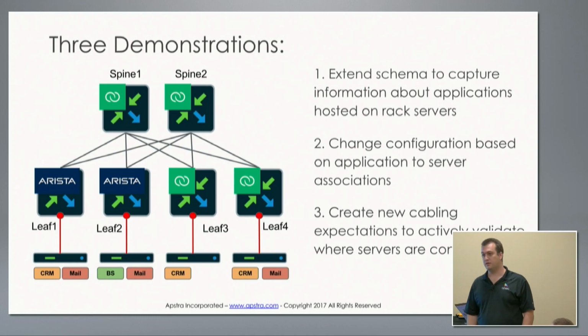How do you model differences in feature sets? Because Cumulus obviously has different feature sets than Arista EOS, than Juniper, than Cisco. Right. So